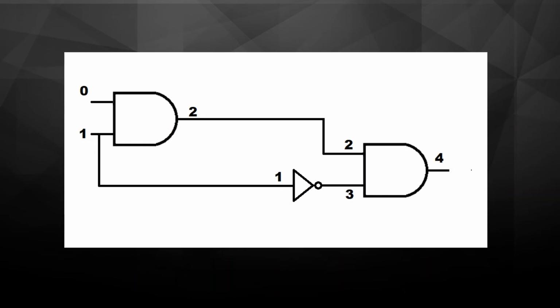This is a circuit which I have shown here, and as you can see, the output of a 2 input AND gate is fed into an input of another 2 input AND gate. Now both these nodes, the output of the first AND gate and the input to the second AND gate, have the same node number, because there is no sub circuit or any other circuit element between these two nodes. They are connected by a wire which is of negligible resistance. So both of them will be at the same logic level. Thus they will have the same node number.